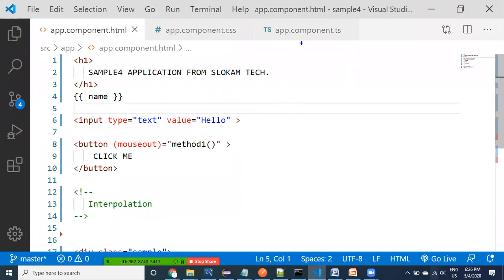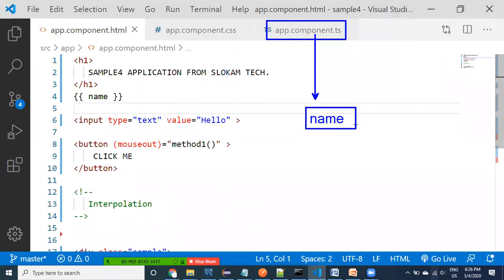Here you know that in the app component, app component.ts, there is a property called name. Property name. I think the name value is India.